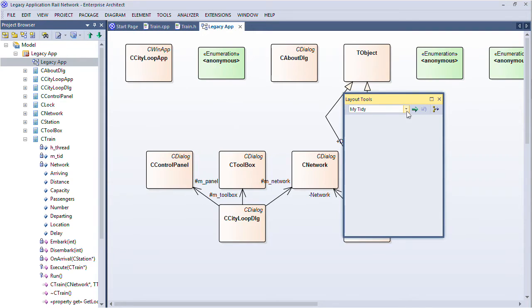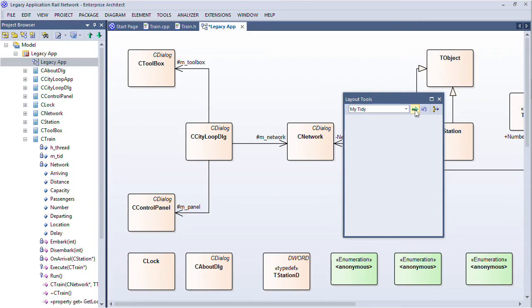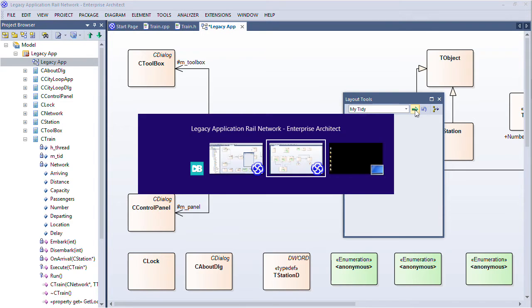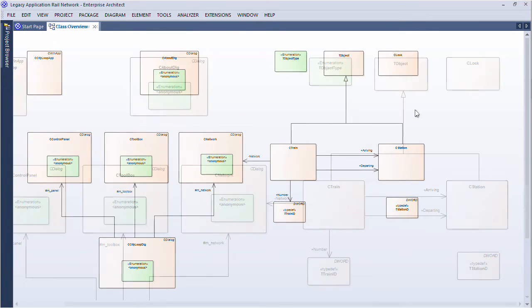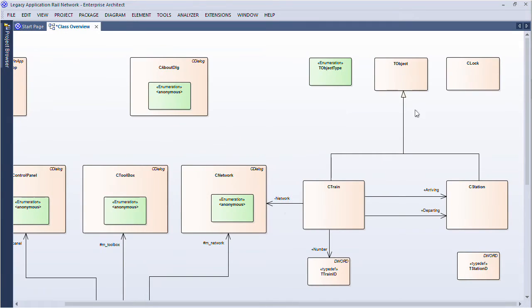And here's an example where I've chained a couple of layout algorithms together, and that gives a reasonable job, but I'm still inclined to make some manual tweaks, especially if I'm going to share the generated documentation from these diagrams. As they say, here's one I prepared earlier. So it's readily apparent that the train and station classes share a parent in T-object. C-train also makes use of the network class and holds 2 references to C-station, presumably specifying where it's arriving or